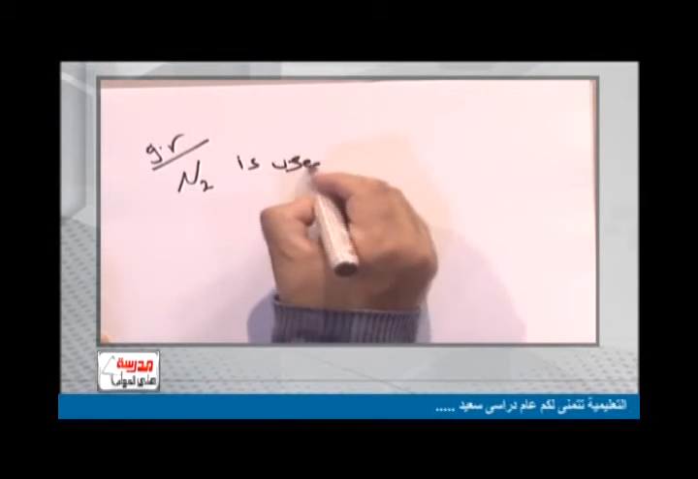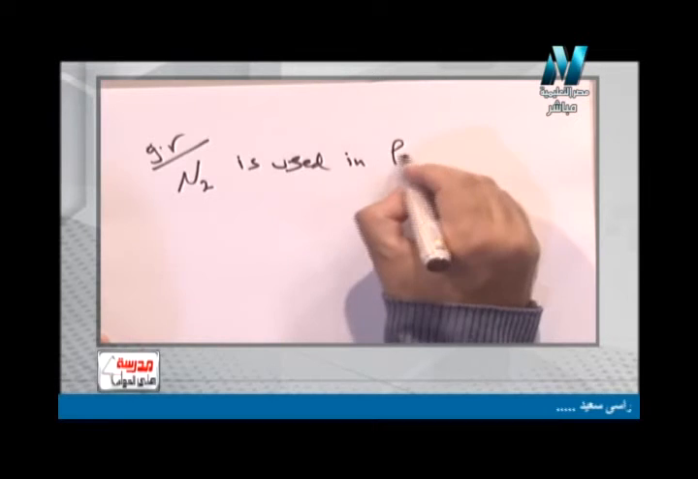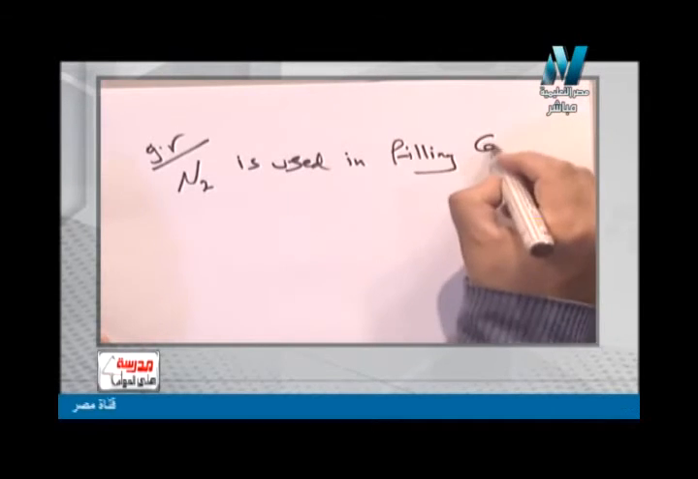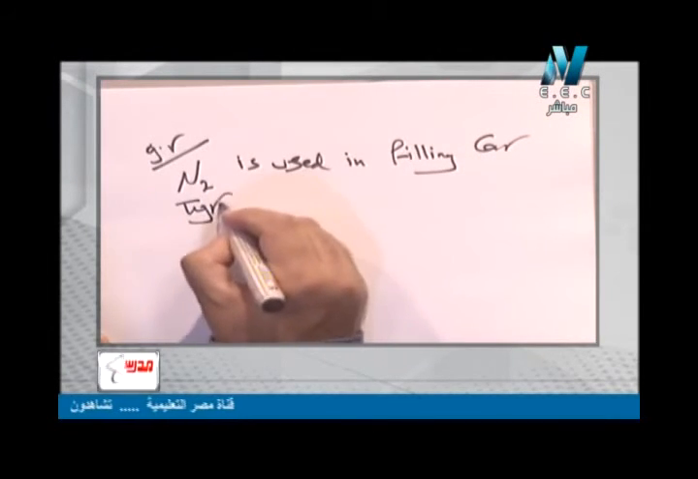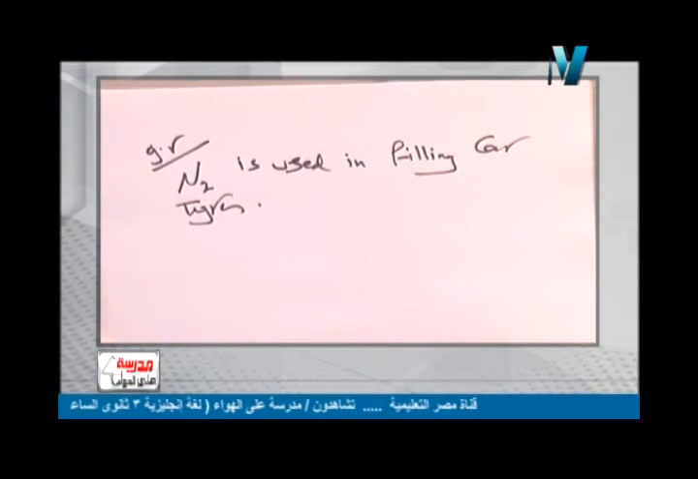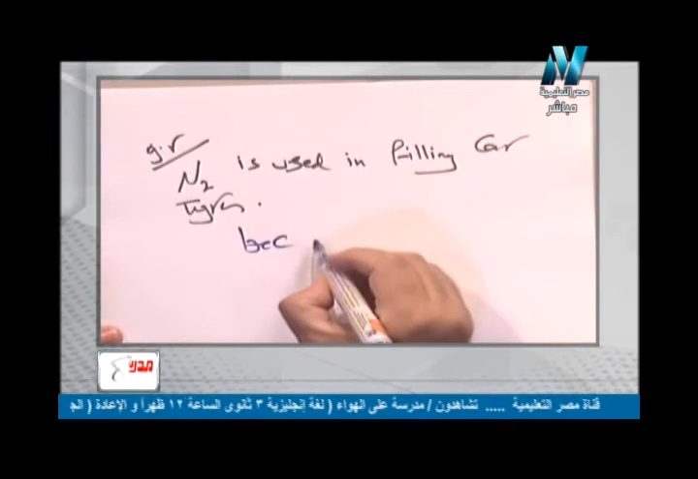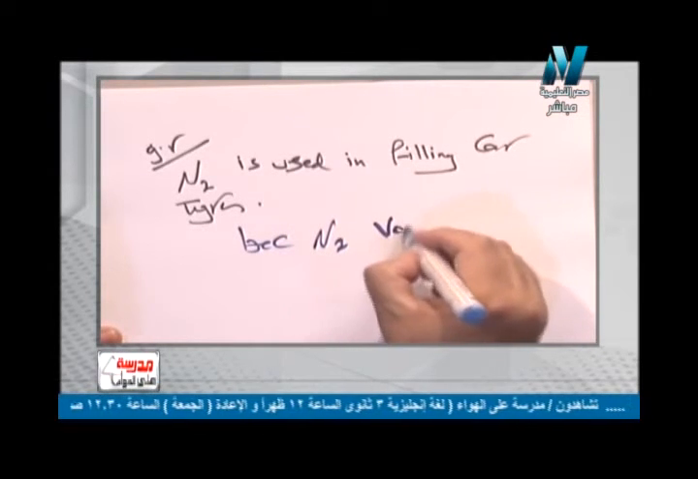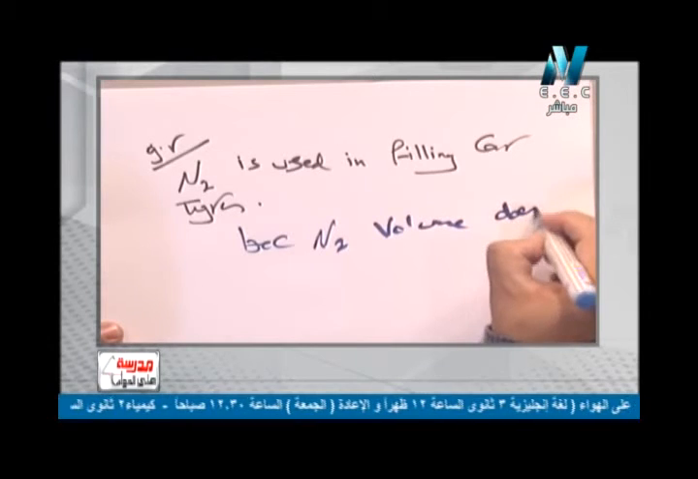So let me write this give reason question. It's a very important question of give reason about how to use nitrogen gas in the car tire. The question says, give reason, nitrogen gas, nitrogen or N2, is used in filling car tires. Why we use nitrogen gas in filling car tires? Surely the answer will be because nitrogen volume or N2 volume يعني حجم النيتروجين doesn't change